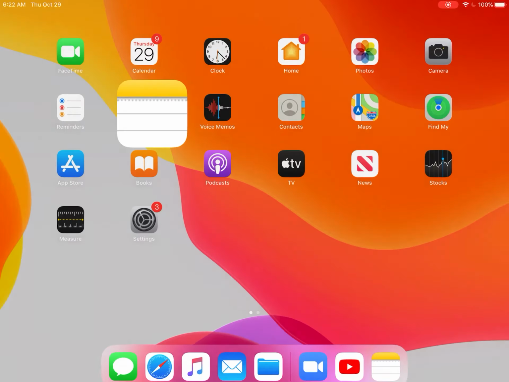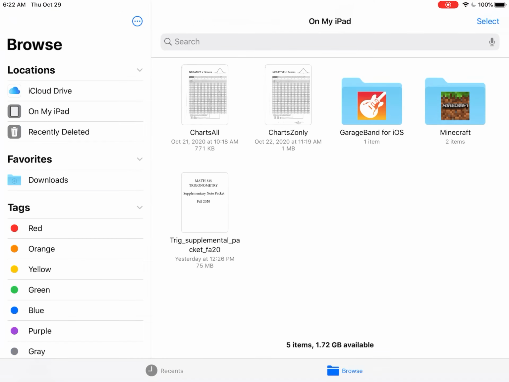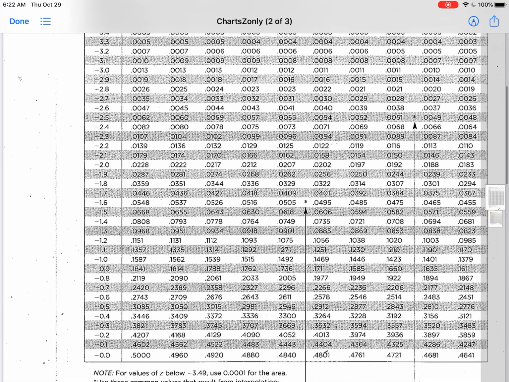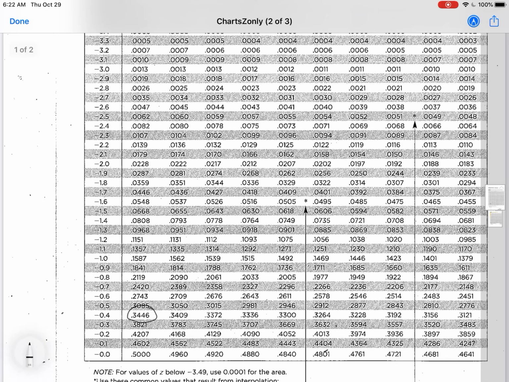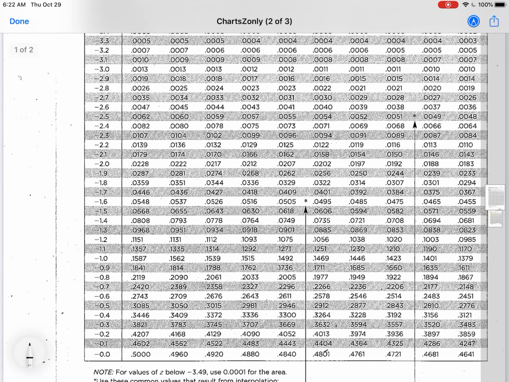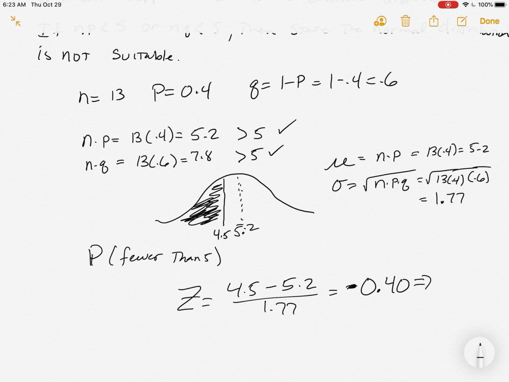So let's go look that up together. I think I have the charts right here. Here's the z chart. And we're looking at, remember, negative 0.4. Well, that's right here. So negative 0.40 is 0.3346. So 0.3346, and what are we going to do? I'm going to come over here and write 0.3346. Now 0.3346 is the area to the left. That's what we want. So the probability that we're fewer than 5